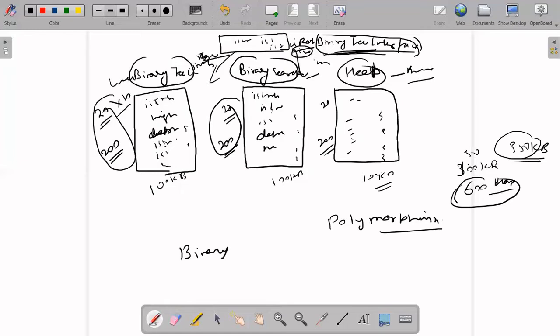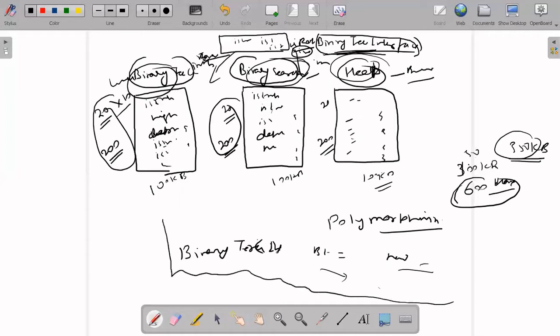We'll have binary tree interface BT equal to, anytime you can create an object for this binary tree, binary search tree, or heap. And you can call whatever method you want to call, and additional methods can be here. So this is one benefit.